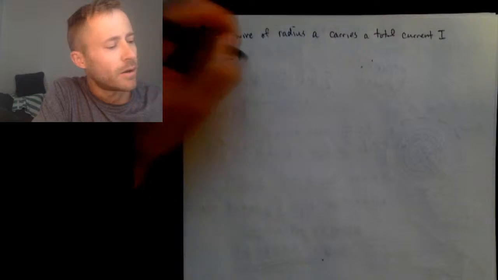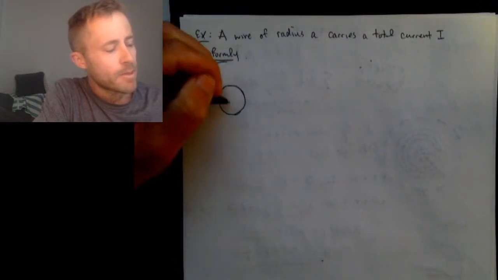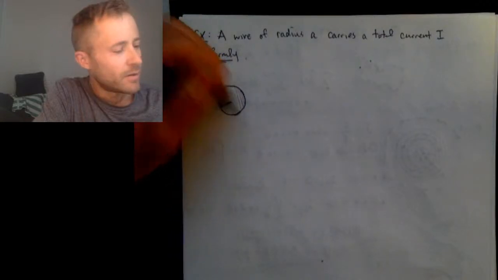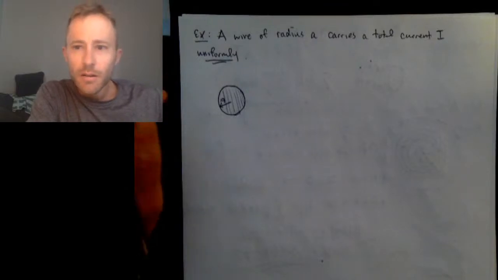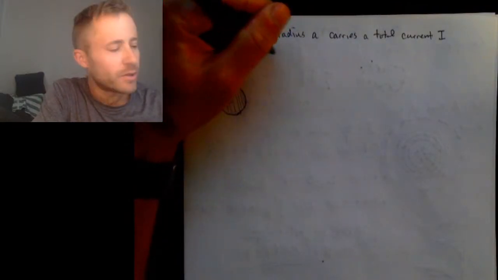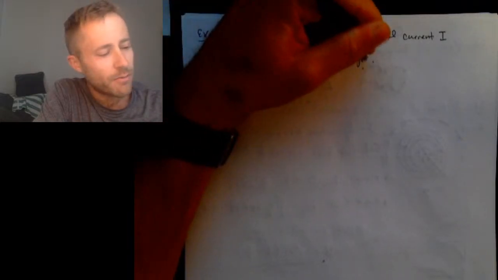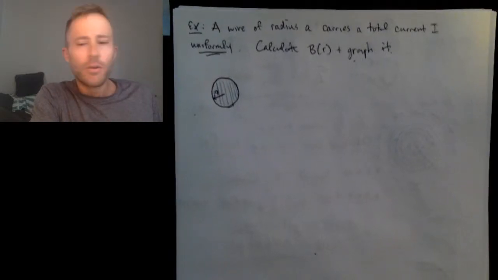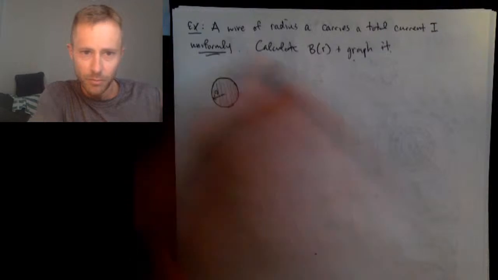All right. So here we have the wire. It has radius A. And so what I want to do is calculate the magnetic field as a function of R, and then I want to graph it. All right. So because it's uniform current density, constant current density,